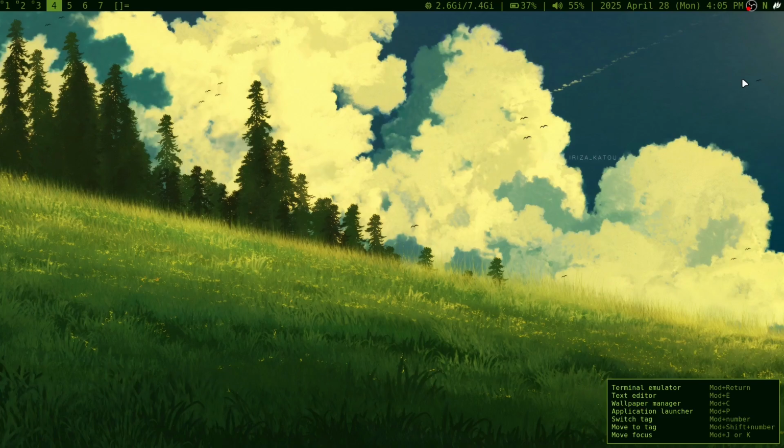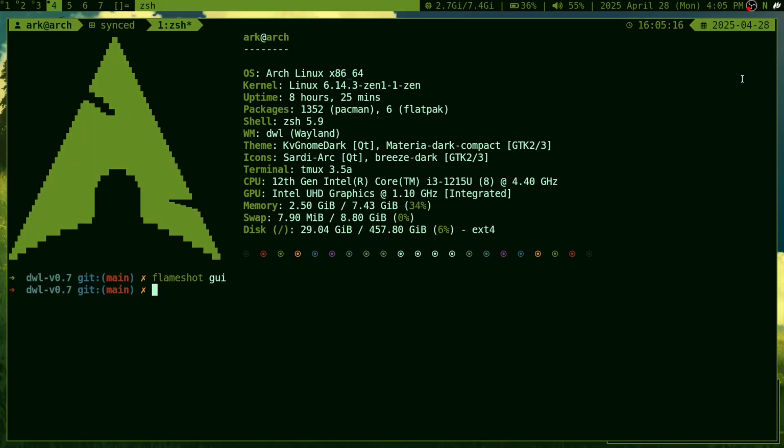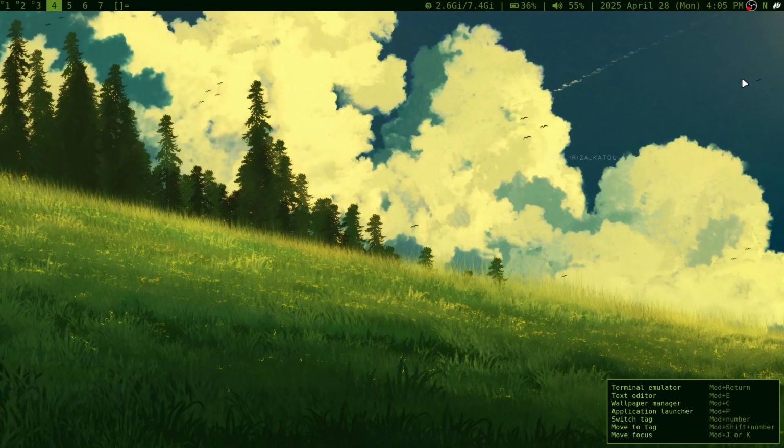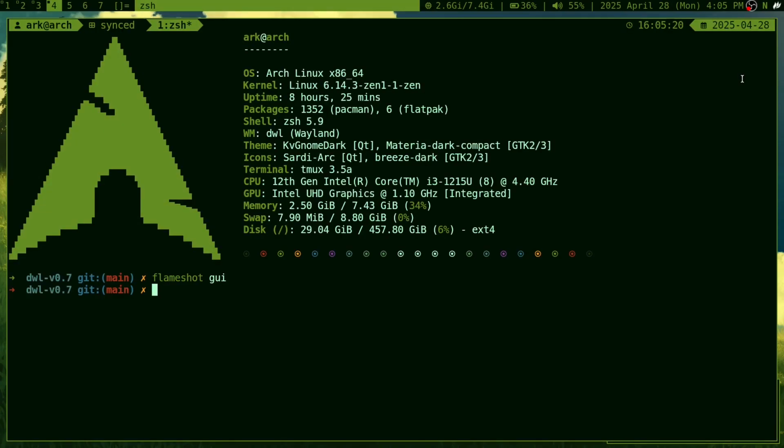As for Wayland though, you have multiple utilities to take screenshots, with Flameshot not being a very popular one, because on most Wayland compositors, Flameshot doesn't actually work. So if you're using a wlroots compositor, which I am, I'm using DWL, and some other ones are Sway and River, both of those use wlroots. You can simply search up if your Wayland compositor is using wlroots, and if it does, then what you